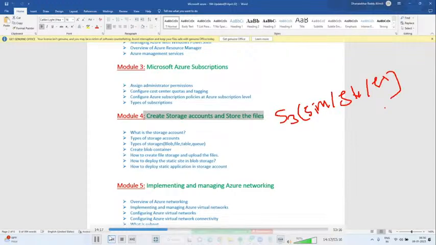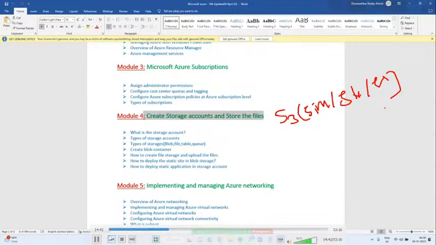Earlier, Netflix was a big customer for AWS. In Netflix, whatever web series, videos, movies, entertainment, everything, they were storing in AWS storage itself. Now Netflix is moving to Microsoft Azure.